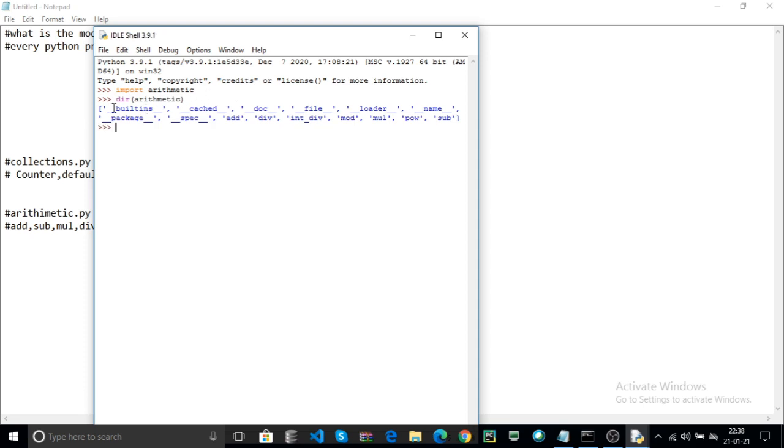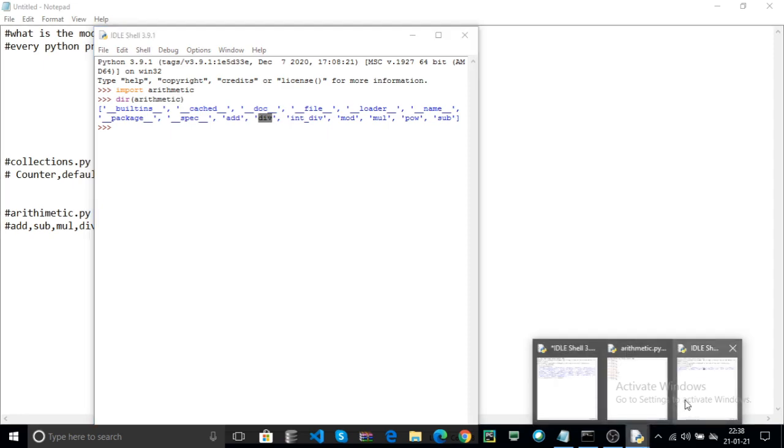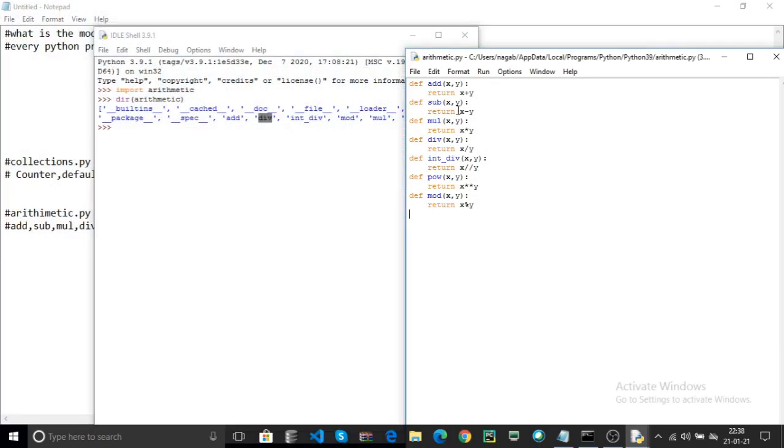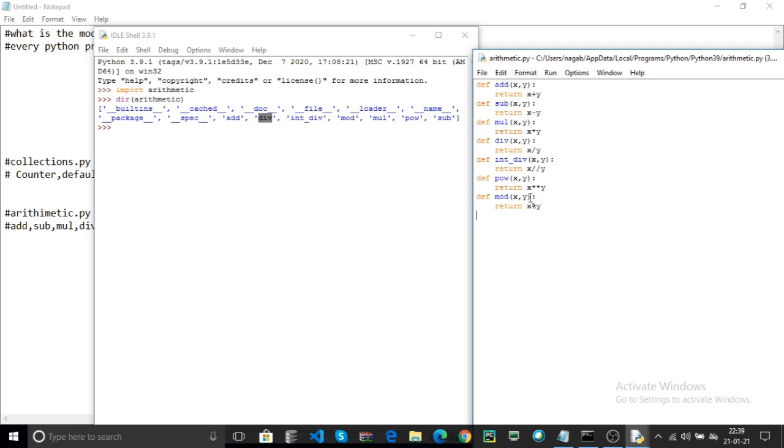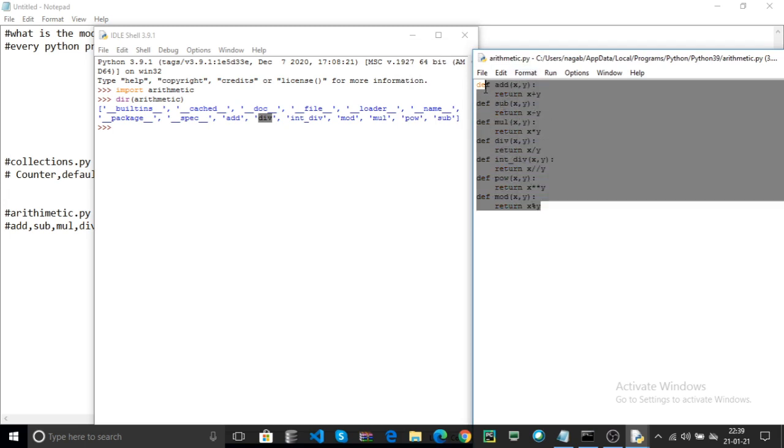The directory contains the arithmetic module's methods or functions: add, division, integer division, mod, multiplication, power and subtraction. These methods are stored in the arithmetic directory. That means the module contains these functions.